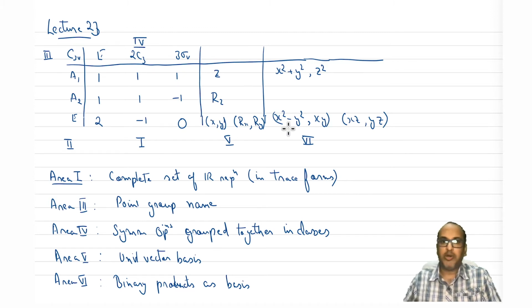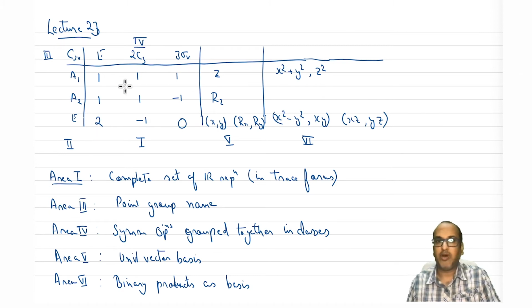So let's say that we have written this set of irreducible representations, and now we want to understand which unit vector forms the basis of which representation. That is easy. What you do is you create a matrix.